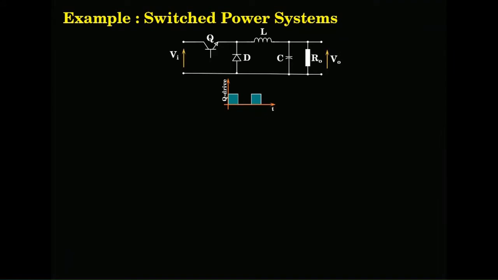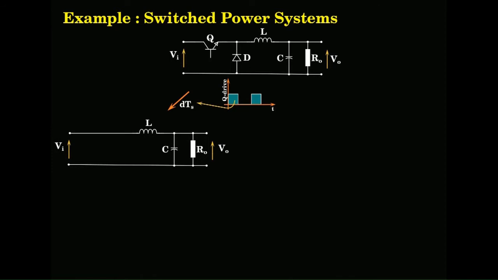So, what we will do here is, during DTS you have some circuit coming into the picture. It is something like this. So, you see that the switch Q is on. I have just replaced it with a piece of conductor, and when that is on, D is out of the picture, D is off.